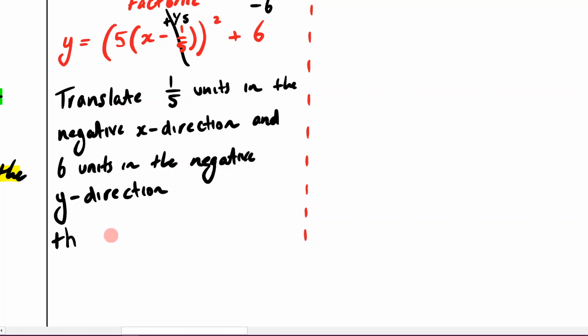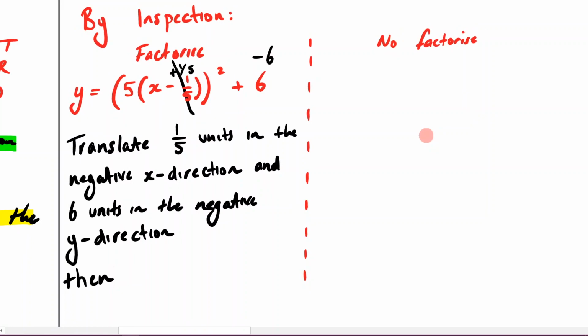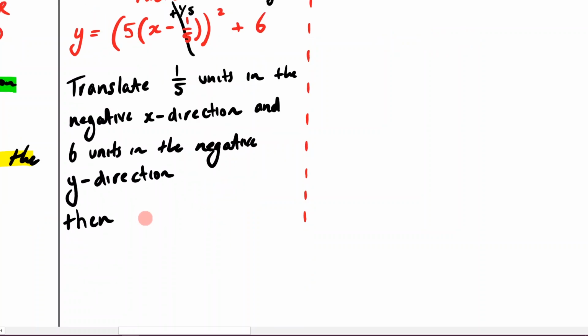Once I've done that, I have dealt with my translations, then I'm going to deal with this 5 here. Now this is where it can get confusing a little bit, and why I recommend you do it by the method instead of doing it by inspection. What's this 5 doing? This 5 is causing a dilation of 1 on 5 from the y-axis. So if I want to undo that, I'm going to have to perform a dilation by a factor of 5 from the y-axis, right? So I'm going to then dilate by a factor of 5 from